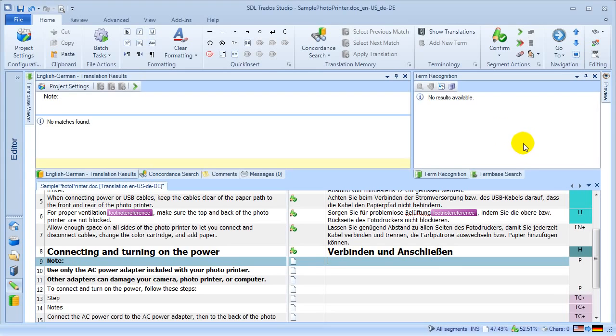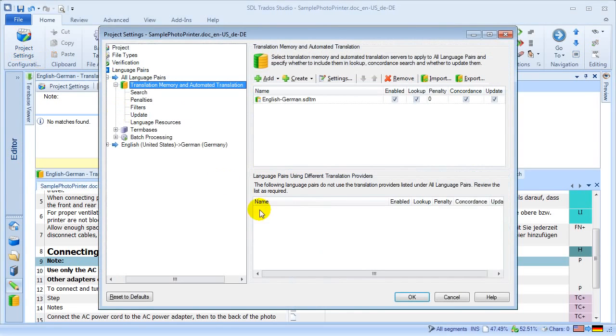An autosuggest dictionary is always based on a translation memory of a certain size of 10,000 translation units or more. And typically an autosuggest dictionary then contains lots of phrases and sentence fragments from the translation memory that are useful during translation based on what's in the source segment. So in my case, if I wanted to add an autosuggest dictionary, I can simply click the project settings button,